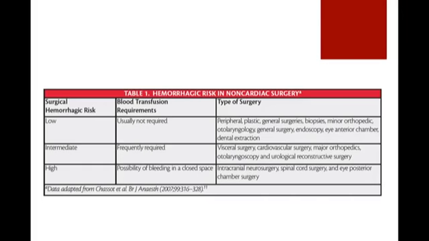Now, the other part of this is how to stratify our hemorrhagic risk for non-cardiac surgeries. There are so many ways of doing this. This is one of the ways that I find more comfortable, because I believe with the newer non-cardiac surgical techniques, I don't think much of this is applicable anymore because of the minimally invasive surgical techniques that are basically being utilized nowadays. With this slide, you can have low, intermediate, and high, and this is basically based on the need for blood transfusion. If you don't have any blood transfusion need, this is a low hemorrhagic risk, and these usually are minor procedures, minor orthopedic procedures, minor ENT, biopsies, endoscopies, dental extraction.